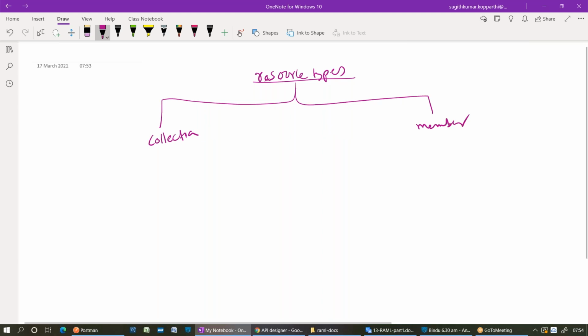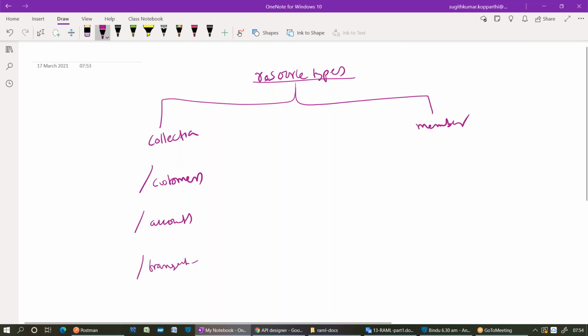What comes under a collection? Slash customers, slash accounts, slash transactions. So if I give get slash customers, is it going to give a collection of items? That means all the customers, right?